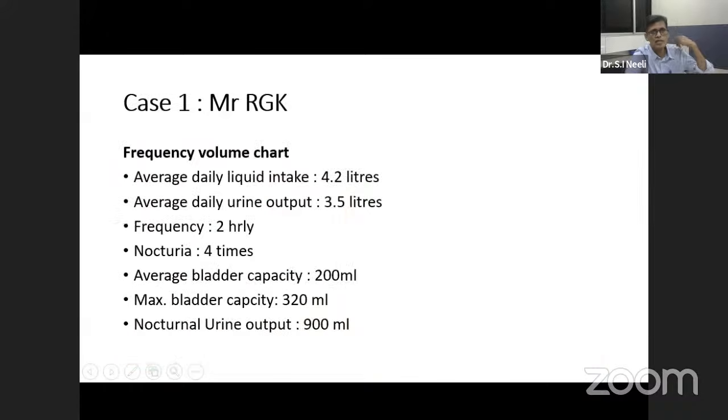The patient was asked to keep a frequency volume chart, which showed average daily intake of 4.2 liters. Average daily urine output was 3.5 liters. The frequency was, on an average, every 2 hours, and he used to get up 4 times from sleep to pass urine. The average bladder capacity was around 200 ml, and the maximum bladder capacity was 320 ml, and the nocturnal urine output was